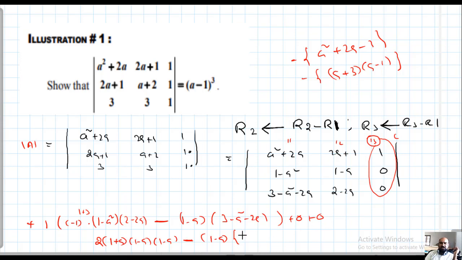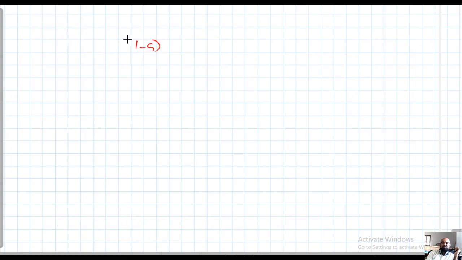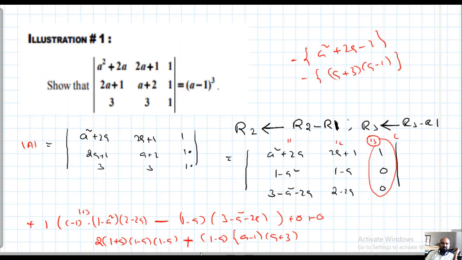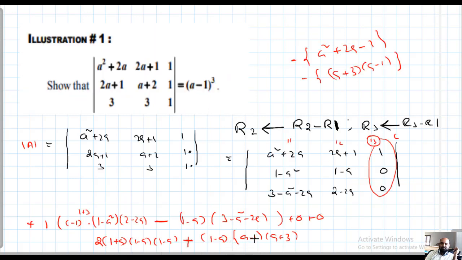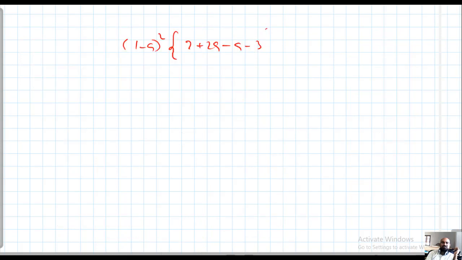Okay. So what can I write here? A minus 1 with the minus symbol, plus A plus 3. Okay. So what can I take? 1 minus A whole square I can take common here. 1 minus A whole square is taken common. What is left here? 1 minus 1 minus 2 plus 2A. Okay. 1 minus A minus 1 minus, we will get minus A minus 3. So 1 minus A whole square into A minus 1, that is